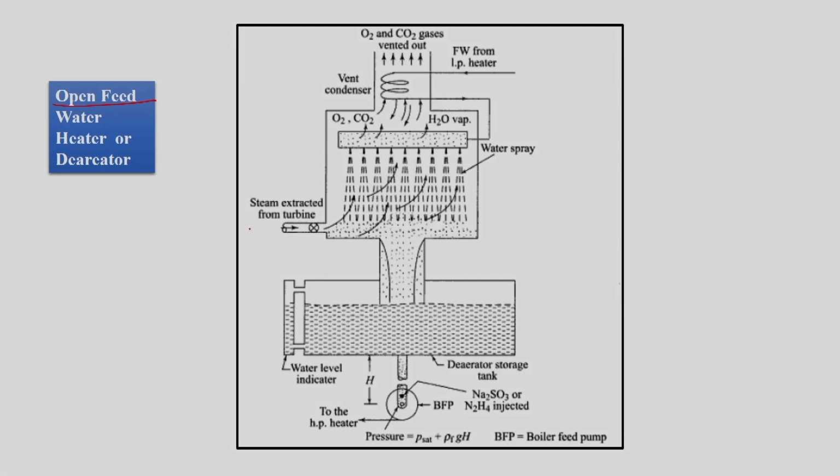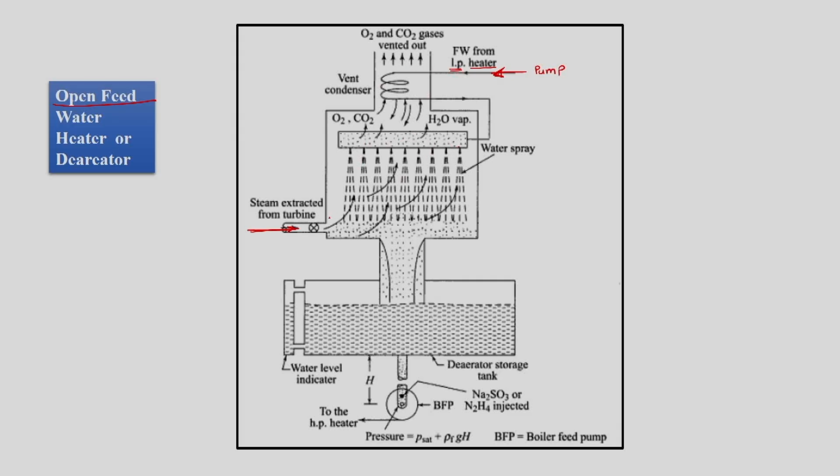So, for that sake we have steam coming from the turbine. This is the path from which steam will come, and then this is the path where we have feed water heater, feed water coming. This feed water is coming either from the low pressure feed water heater or from the pump. It can come from anywhere, and then it will get sprinkled in this